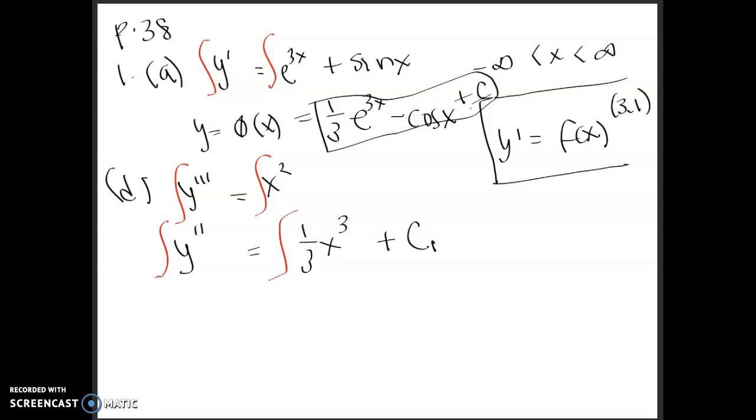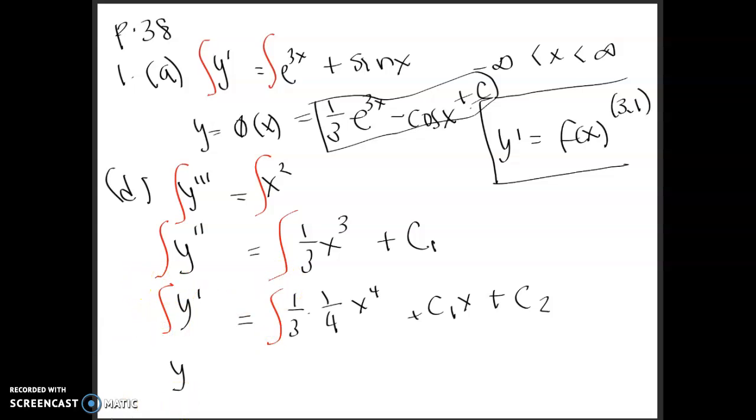Do that. And this time, we're going to get y prime. That's going to be 1/3 times 1/4 x to the power of 4 plus c1x plus c2. We're going to get a second constant. And this becomes 1/12. All right, and then we're going to do the same thing. Integrate both sides again. So we have 1/12, and we're going to be left with 1/5 x to the 5